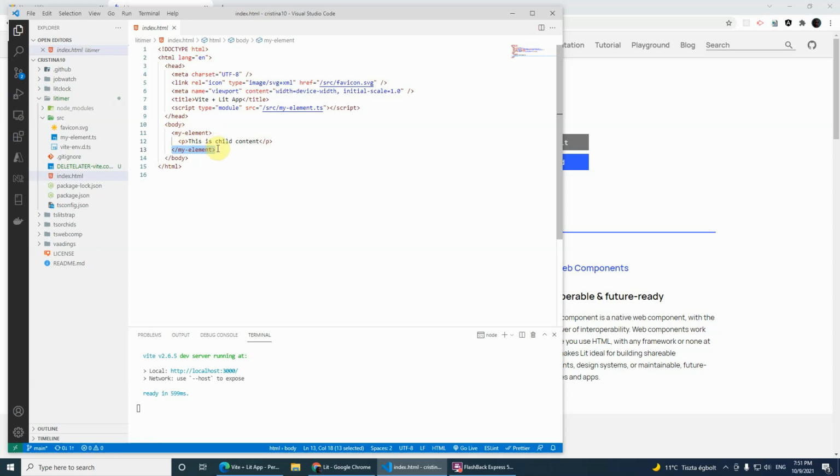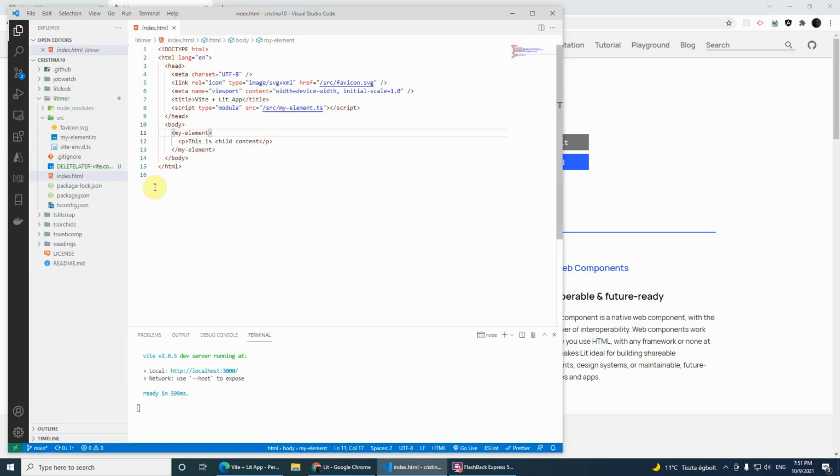So my-element is our web component, and interestingly it also sandwiches this child content. We will see later how this web component handles this embedded structure. The entry point of this application, because you cannot see what could be the entry point in a web application,